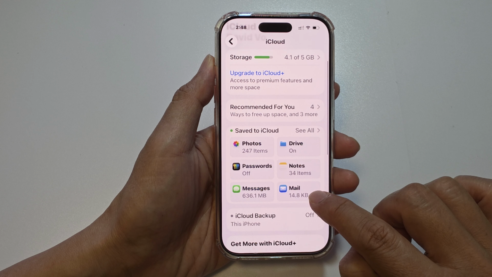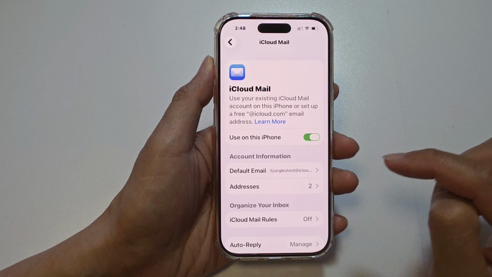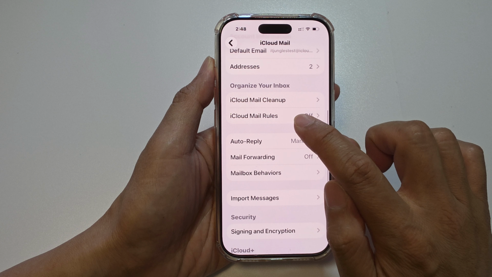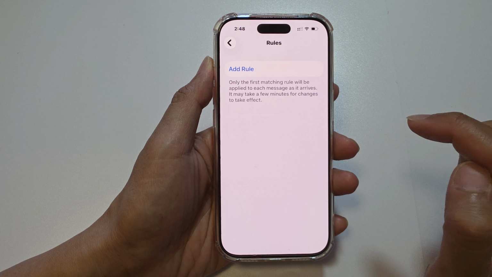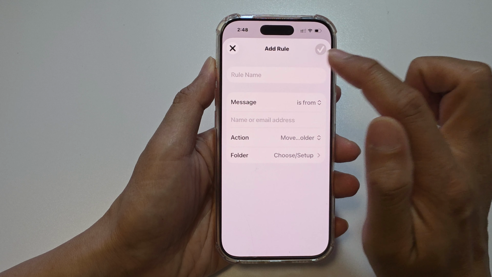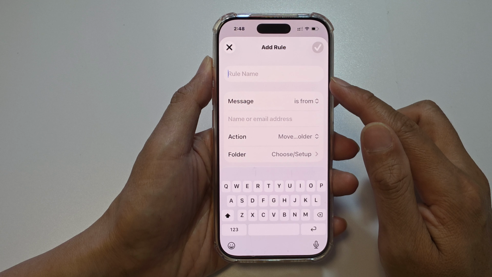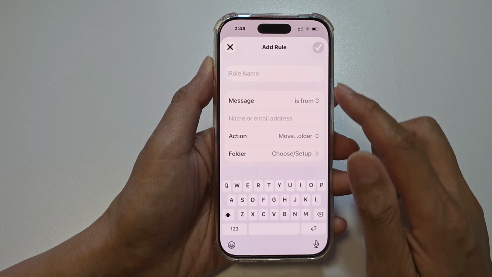Then tap on Mail, or you can tap on See All, and then tap on iCloud Mail. From here, scroll down and tap on iCloud Mail Rules. Then tap on Add Rule, and then give it a name. So for example, if we want to filter out any emails coming from a shopping site such as Amazon, we can